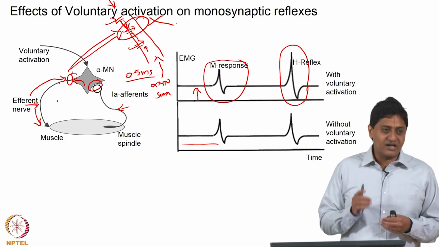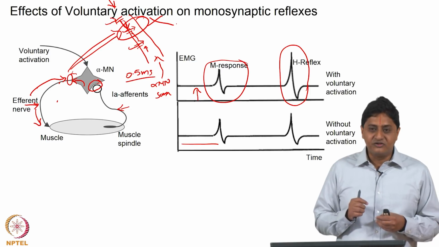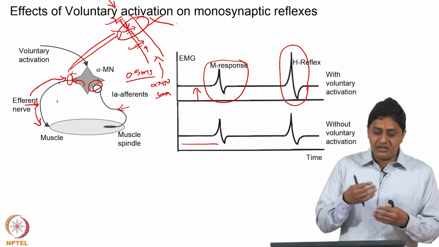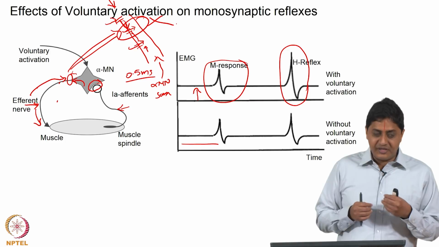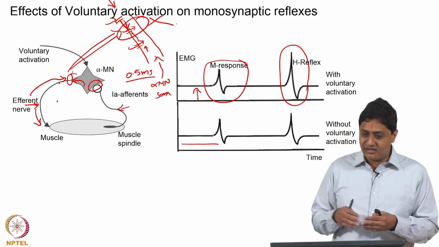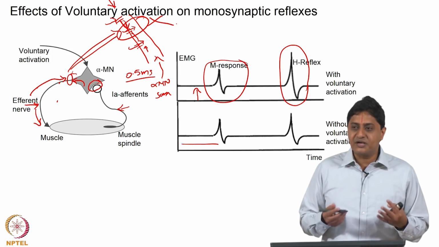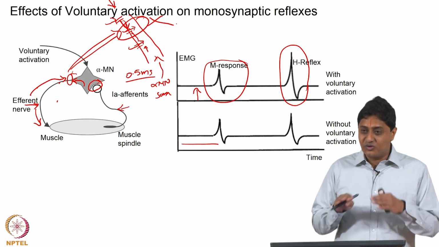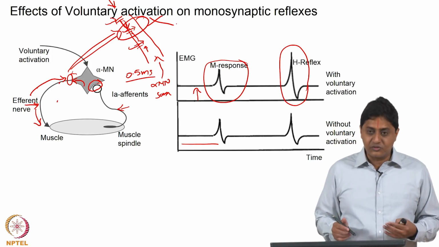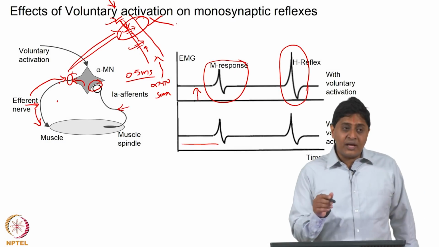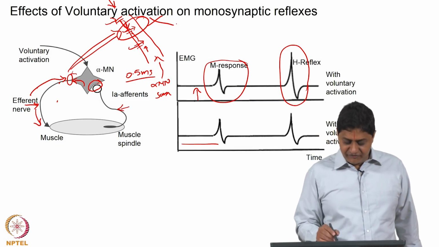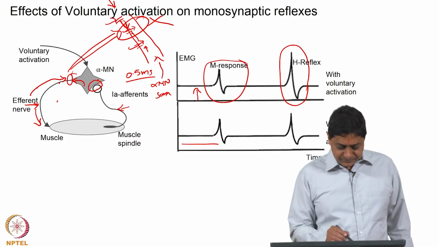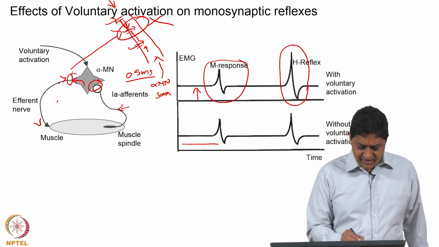Of course, there are conditions as to when or how this will happen. This will happen only when these two action potentials reach each other in mutual refractory periods. If one causes a refractory period and the other action potential is arriving during that refractory period, it is not possible for this action potential to add up, or in other words, these are out of phase, and so they will subtract from each other and it could practically go to 0, but this could happen only in a few of the 1A afferents and alpha motor neurons, but not others,